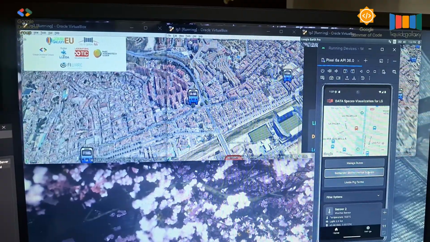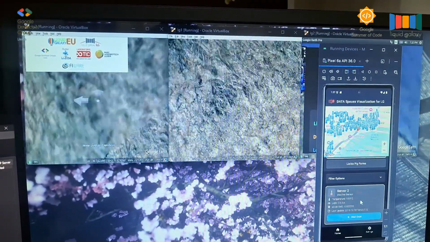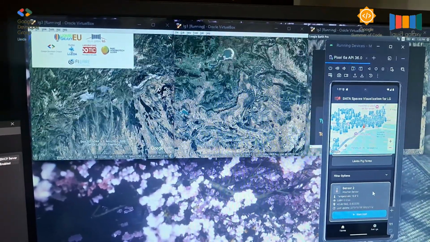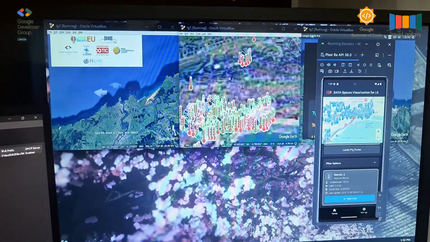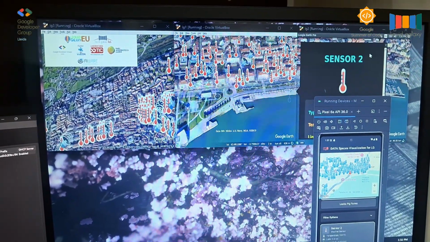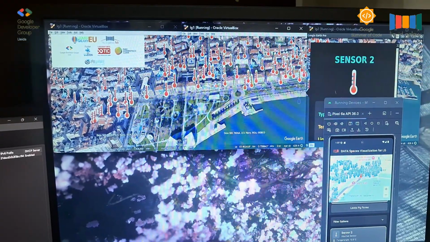see the environmental sensors. Let's select sensor 2. Now it's moving to the sensor 2. Let me just pull it down a bit. And this is the KML file. So this is the sensor 2, and as we can see,